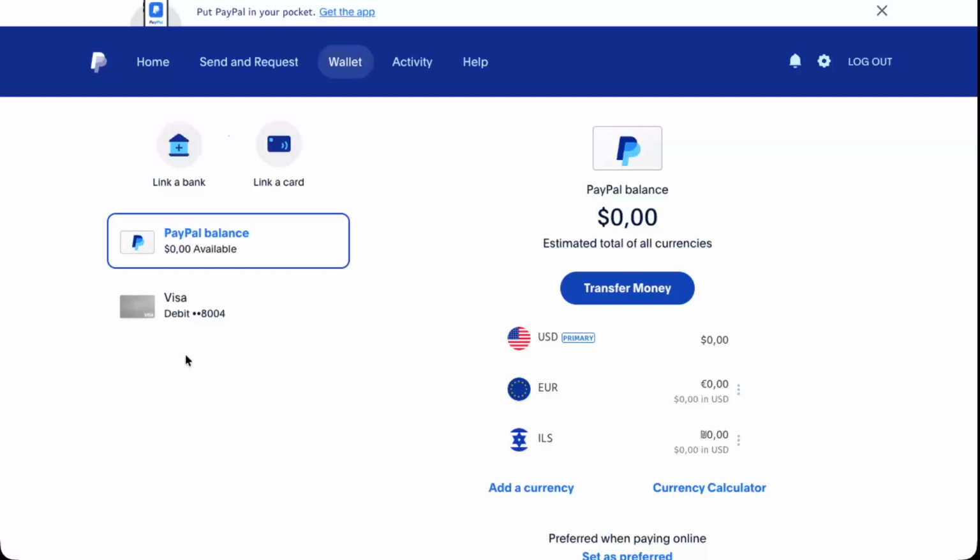If you have more than one bank account linked, you can repeat this process for each one. Go back to the wallet page, choose a different account, and review its details. That's all there is to it. By going to your PayPal dashboard, opening your wallet, and clicking on the bank account you're interested in, you can quickly check the key details of your PayPal linked account whenever you